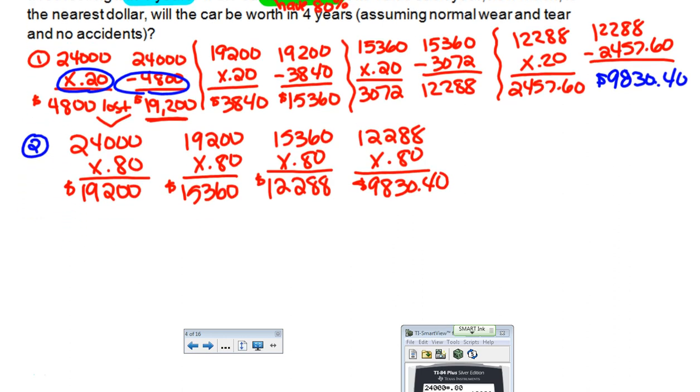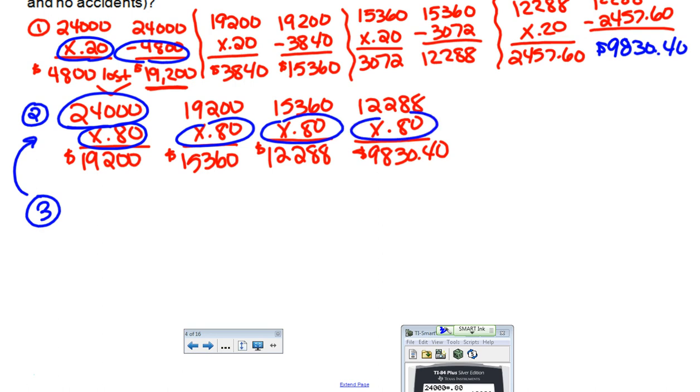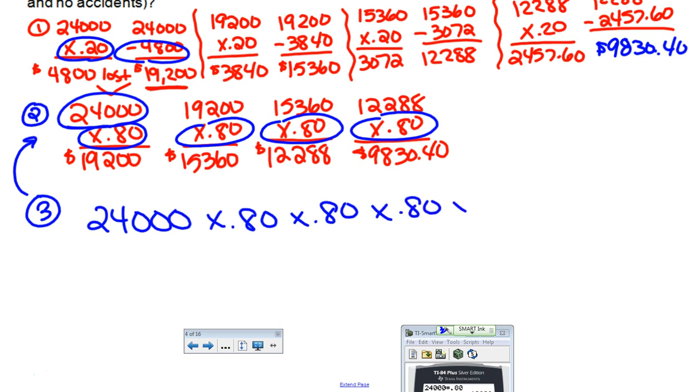Okay, so this leads us to our final method, which is the easiest way to do it. Illustrating from number 2 what's happening, you're starting at this amount, and you keep consistently multiplying the same rate over and over again. So I'm going to write it like this. 24,000, you multiply by 0.80 for year 1, you multiply by 0.80 again for year 2, again for year 3, and you multiply again by 0.80 for year 4. So if I simplify this,